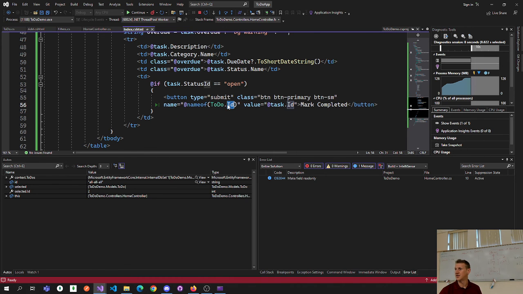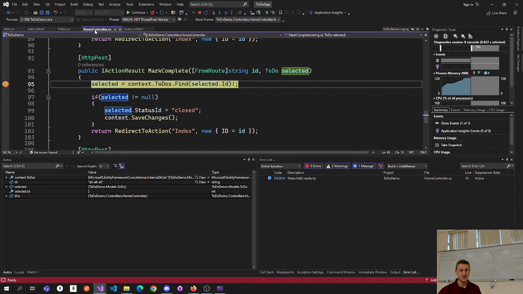Obviously that's your primary key, so it's passing in the value of 2, and that's why it's coming in as this object with an ID property of 2. Then you hit the database, query the database by its ID, store that in selected, and then assuming that's not null, which it's not,